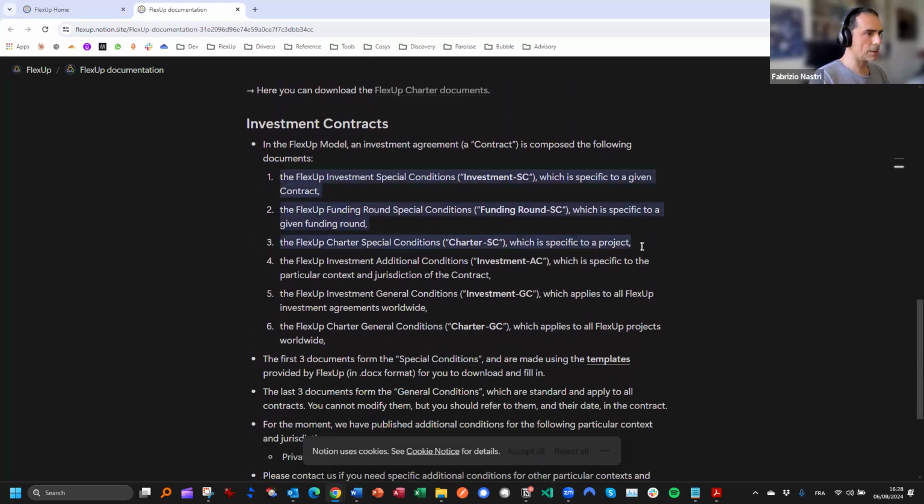3 documents are special conditions, so specific to your investment contract, specific to this funding round, and specific to True Local Heroes. These will be made available shortly once we finish a legal review. They will be made available to Lara as Word documents, and they will be